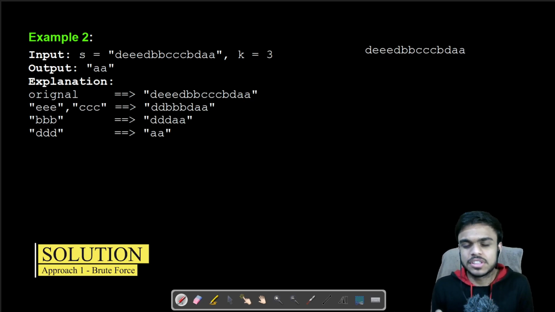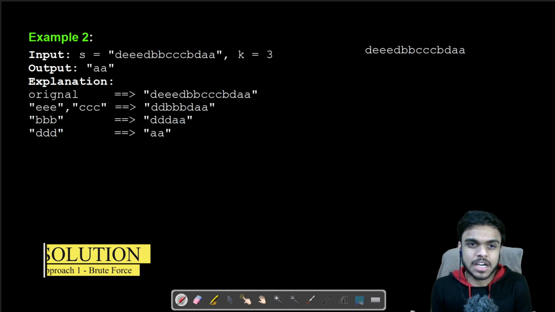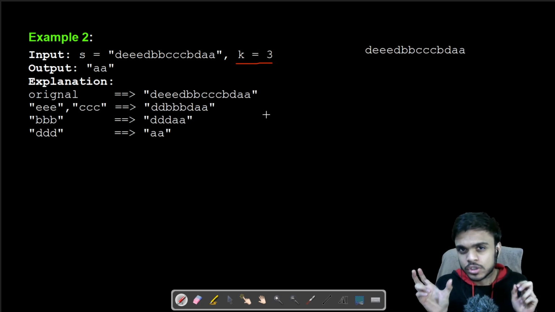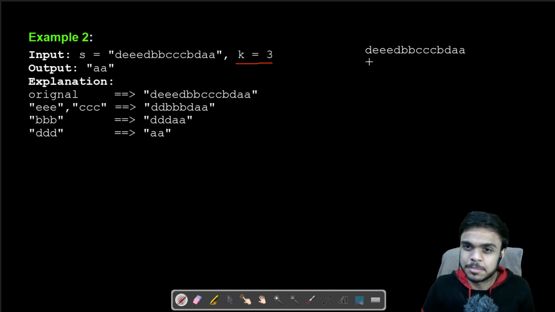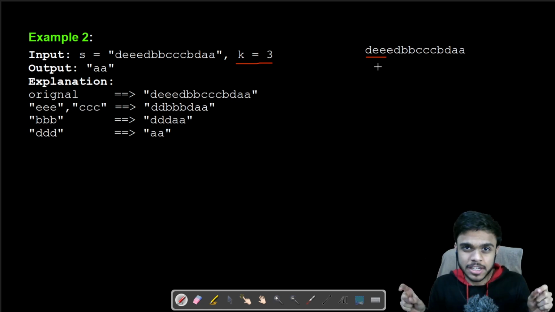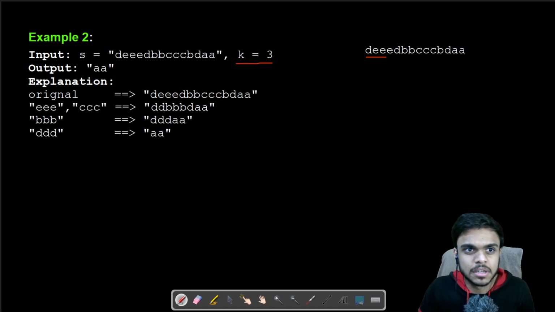The basic intuition that someone can come up with at the start is to make k windows, because we need to find k consecutive elements which are the same. So let's make a window of size k and keep on moving it further. If we find a window in which all the elements are the same, like for example this window and this window, then we just remove them.